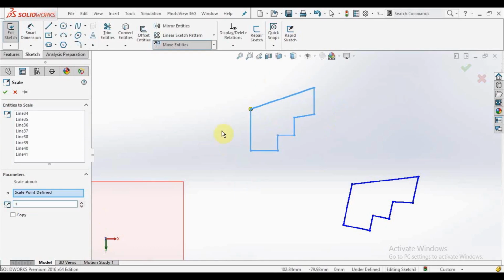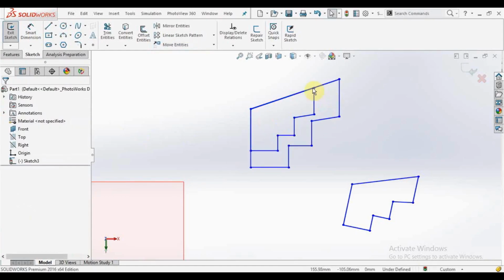And if I decrease the value, the scale will become lesser, and if I increase the value, then it will become higher. And this copy option means do you want to save your original part or not. If I click copy, then this will create a copy of our original part, here you can see. And if I unclick it, then our original part will automatically be deleted.